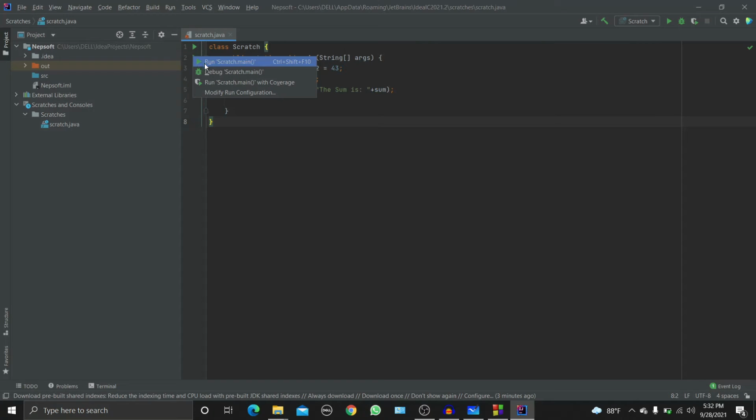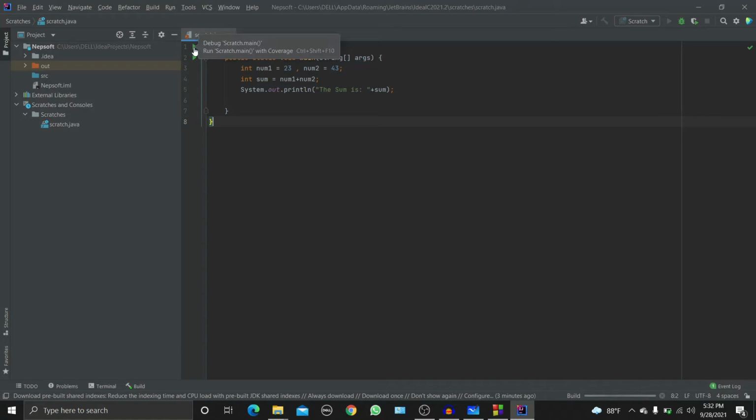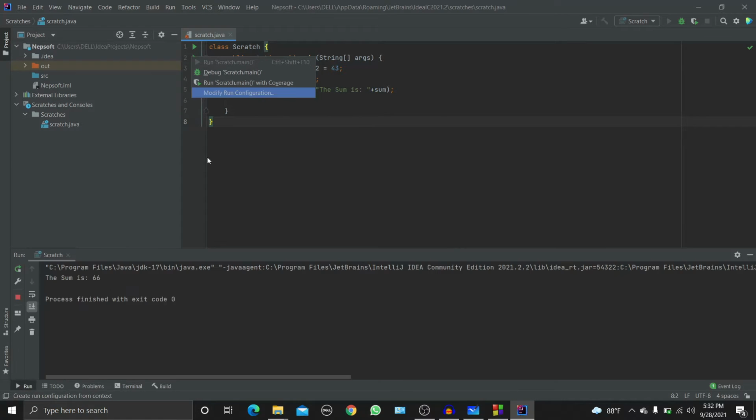So we'll just click over here and we'll run Scratch. And it's being built. Don't worry, it's been built, and here we have the sum is 66, and here it's actually 66.